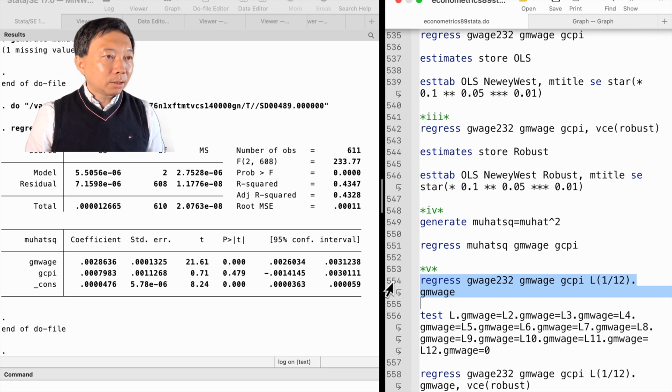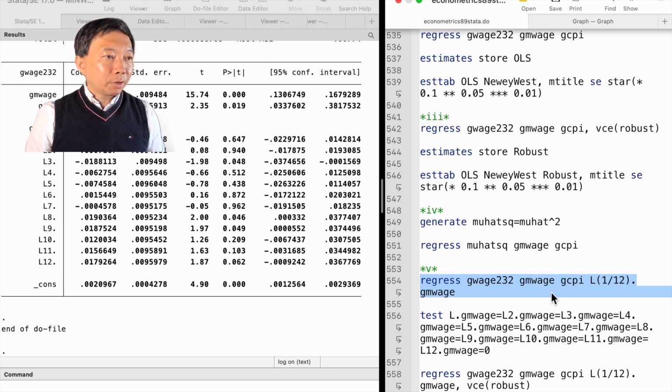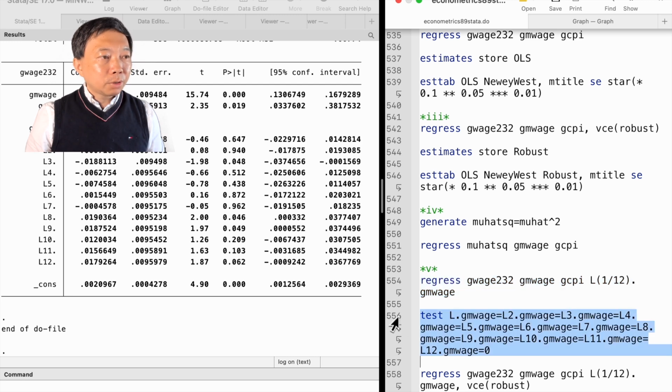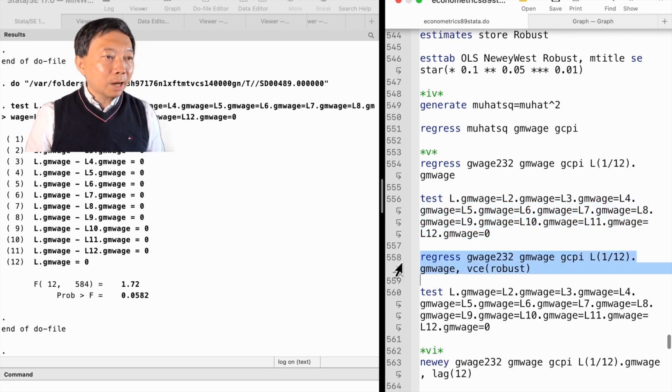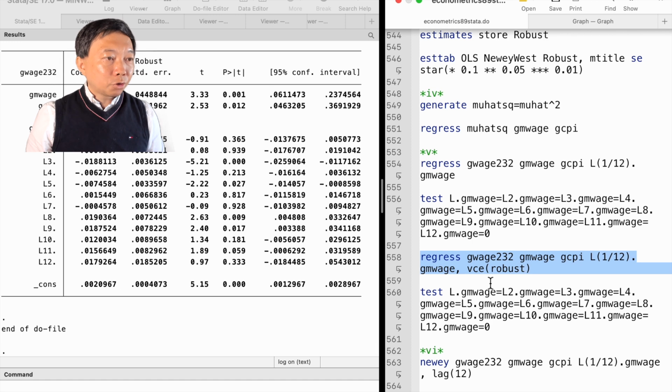After we declare the data to be time series data, we can use the capital L dot operator for the lags. The F statistic for the joint significance of the lags 1 through 12 is 1.72 and its p-value is 0.0582. If we use the heteroscedasticity robust standard errors in the model, the F statistic for the joint significance of